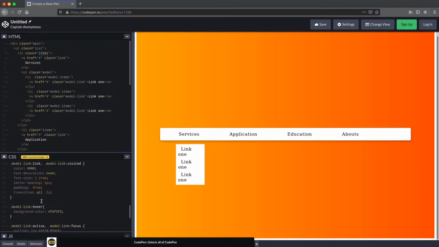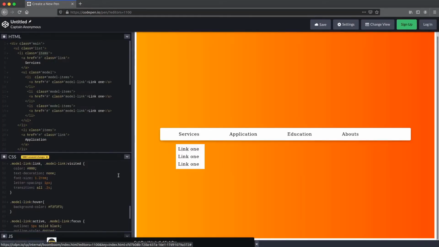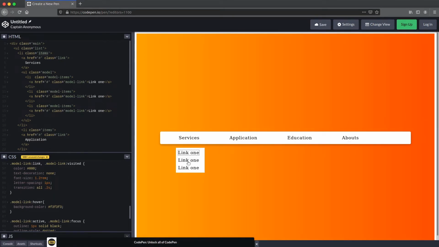Now remove this padding. Guys, I think this looks nice.